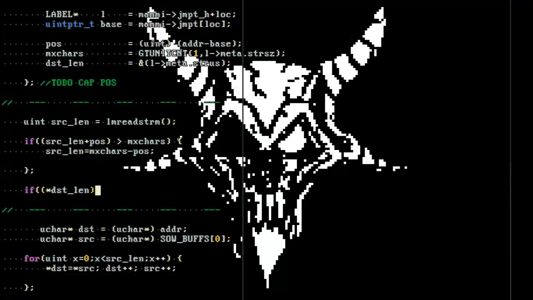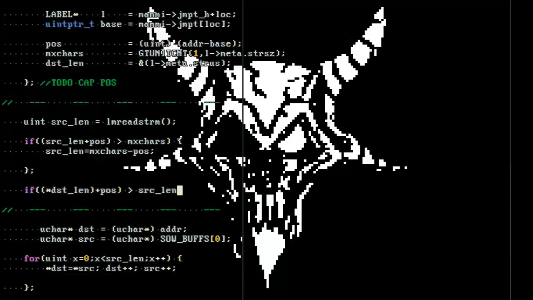So if DST length dereference plus position is greater than, what would it be? Source len, yeah, source len on its own is greater than source len on its own, then